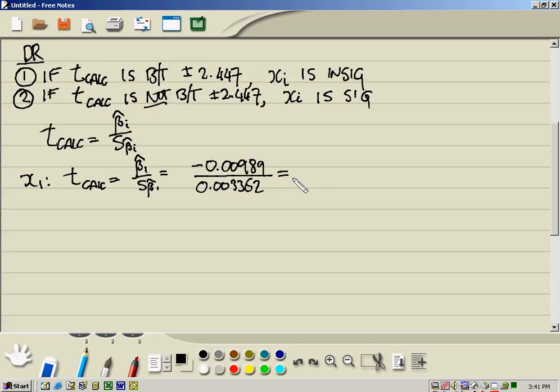We use our calculators to calculate that, and that's a negative 2.942,